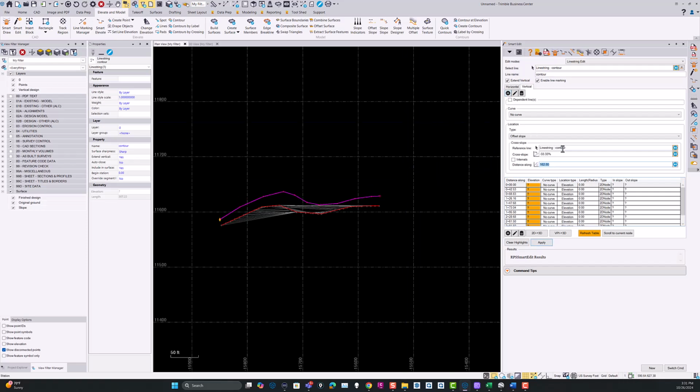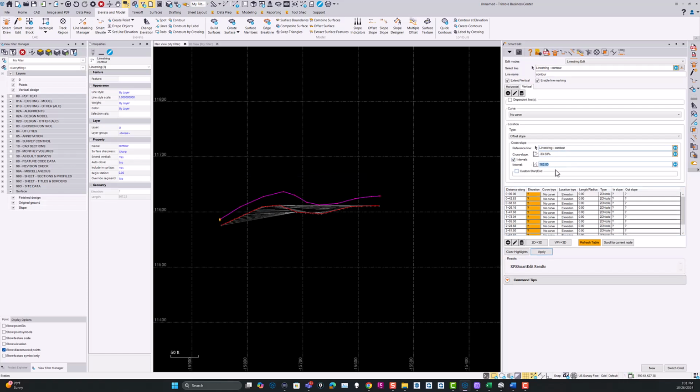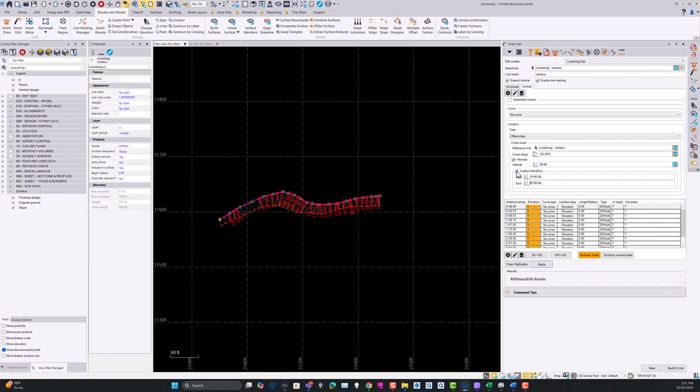still using the cross slope, still using the same reference, still using the same side slope, but here we can pick intervals, and then we can say we want to calculate this at intervals of every, let's say, 10 feet, and we can then say we want to start it at a specific location along the line and end it at a particular point along the line, and we can do a range. So instead of doing the whole length of the line here, we could specify that we want to calculate it from here to here, and then hit the apply button,